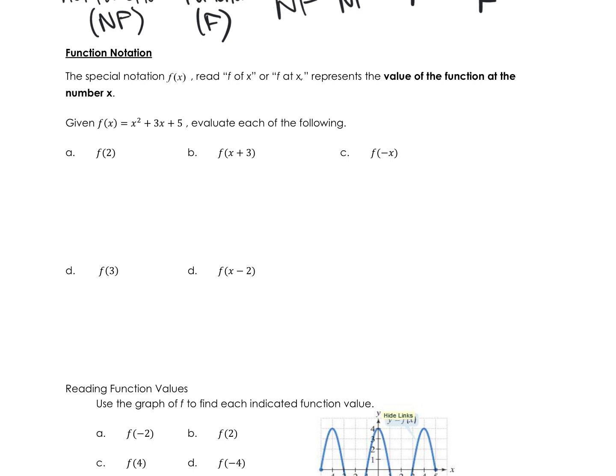Okay, so if we have an equation for a function, this is function notation right here. This says f of x, okay? And then it tells us, depending on what x is, what happens to it. So in this case, we square x, we add 3 times x, and then we add 5, okay? So what you probably have done before is something like this. If I have f of 2,